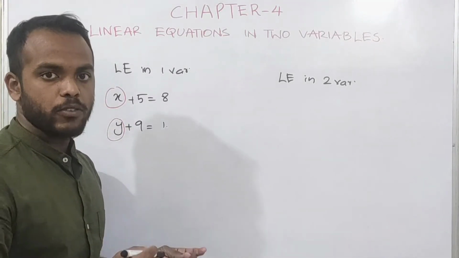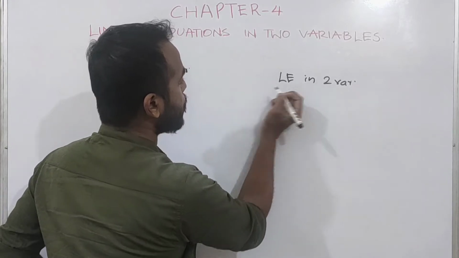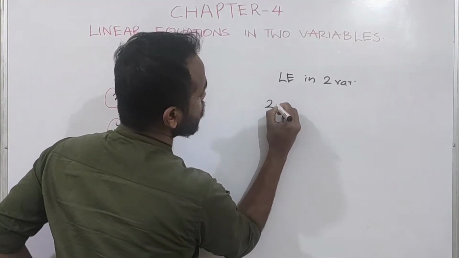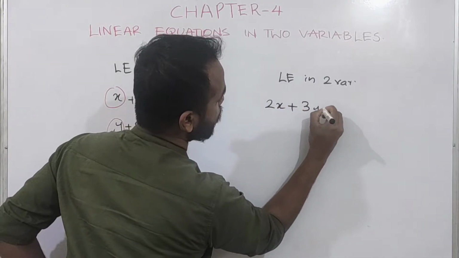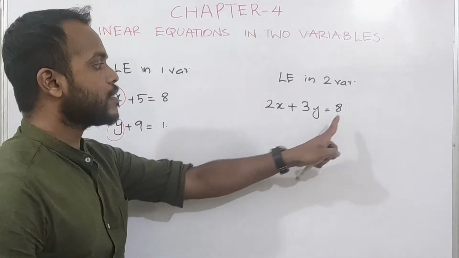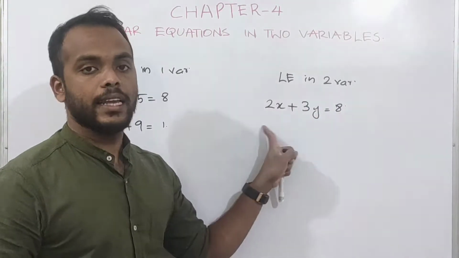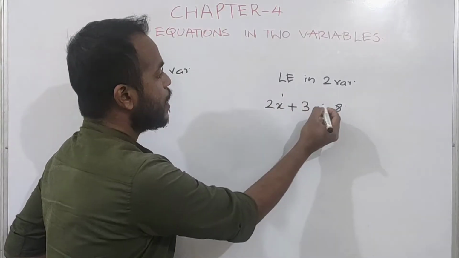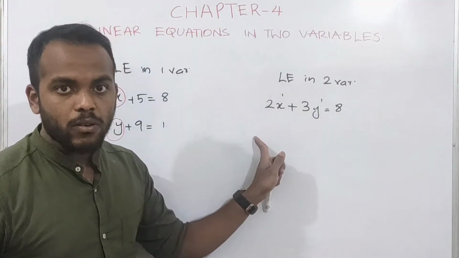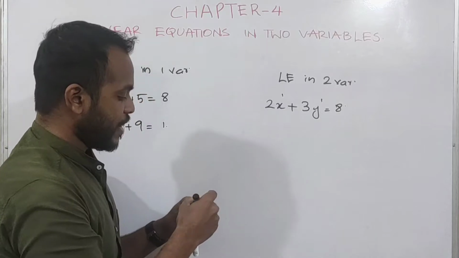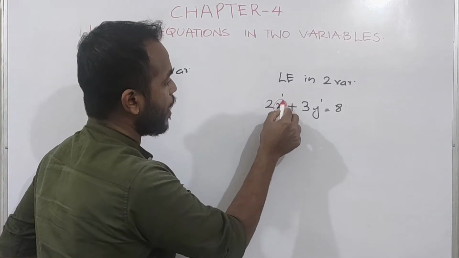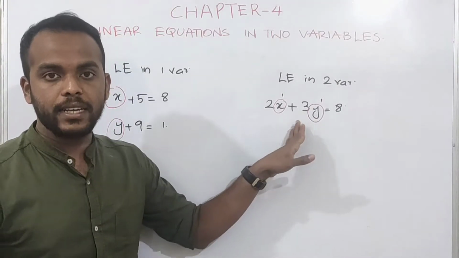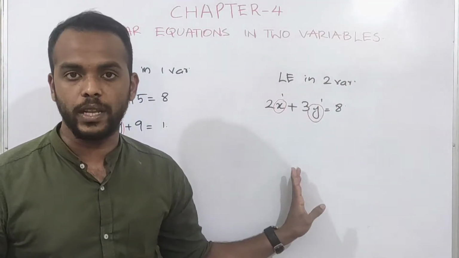Now I am going to write an example for linear equation in two variables. Here the power, that is the degree, will be the same. So the example is 2x plus 3y is equal to 8. This is clearly an equation. This is clearly a linear equation as well. How is it linear? Because the power of x is 1 here, the power of y is also 1 here. Now there are two different variables. Which are the two variables? x, y. You can see two variables are there. So this can be categorized as a linear equation in two variables.